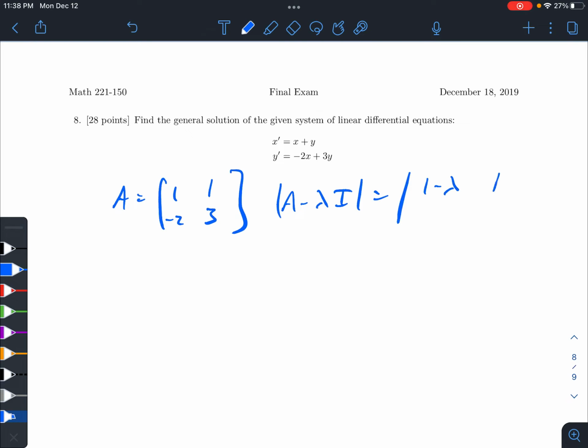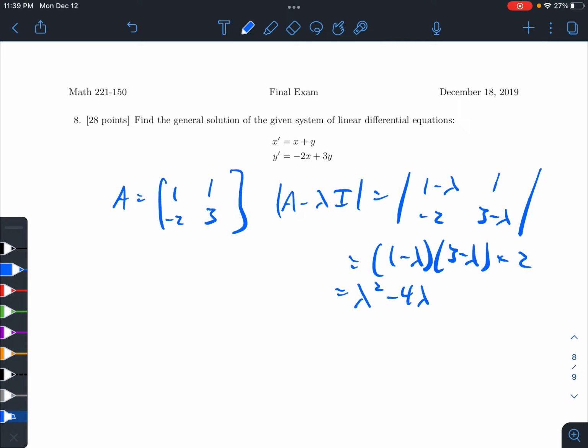A minus lambda I, take the determinant: 1 minus lambda, 1, negative 2, 3 minus lambda. 1 minus lambda times 3 minus lambda, and then subtract off product of diagonals. Double negative gives you positive 2, so this is lambda squared, minus 3 lambda, minus 4 lambda, plus 3, plus 2 combines to plus 5, so lambda,